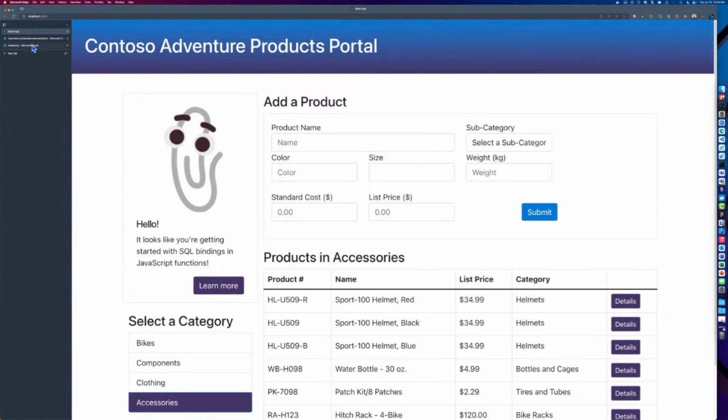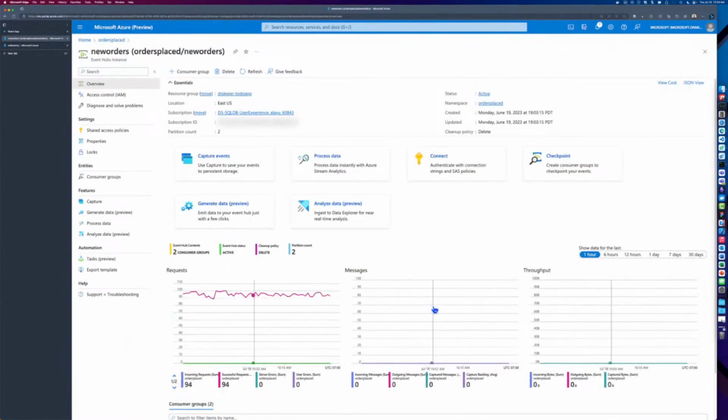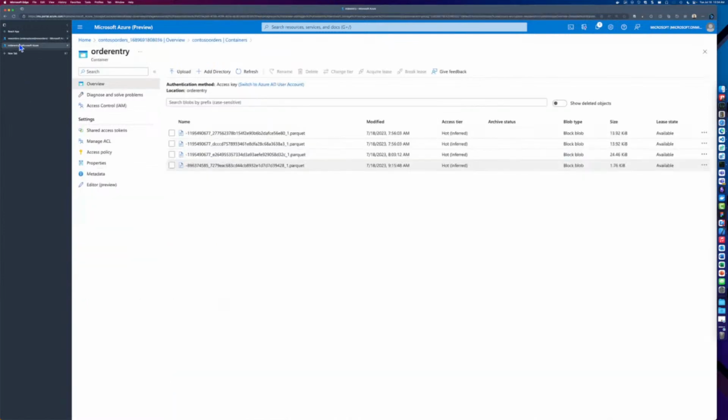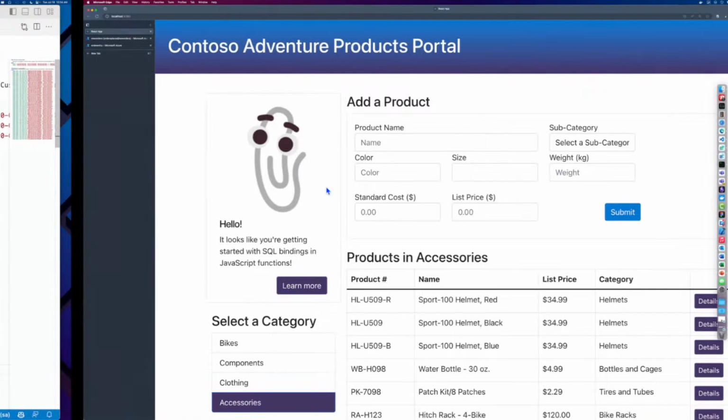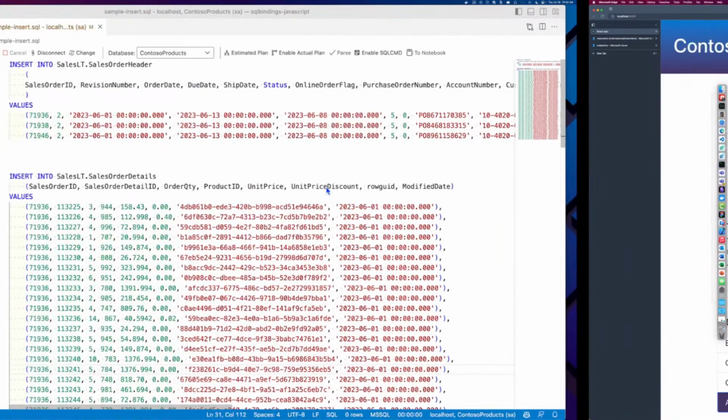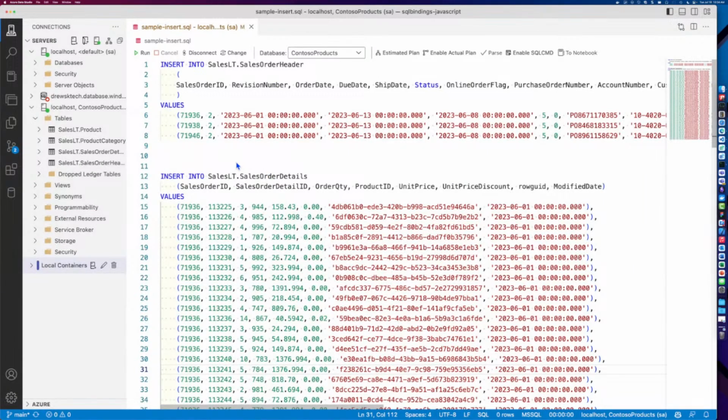I've got a SQL trigger that when an order is added to the database, it sends it out to Event Hubs. You could send it out to Event Hubs and then have Event Hubs pass it on to Data Explorer or even your Azure storage as Parquet files. You can output directly to these things. But what I want to show real quick is kind of how quickly this response happens. Now, I don't have a front end interface for entering orders, so we're going to have to do it the old-fashioned way. We're going to have to run a query. We're going to run a query that inserts 3 sales orders with a bunch of products on them. But before we do that,